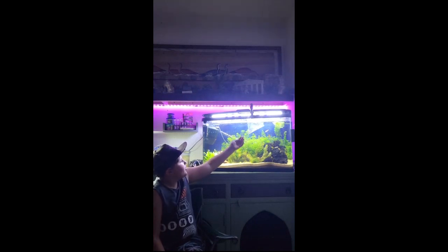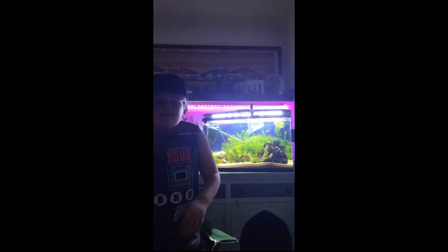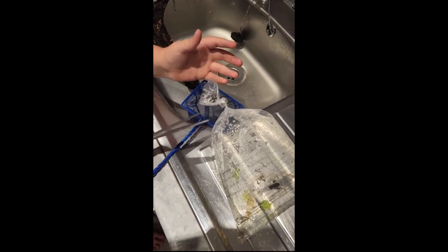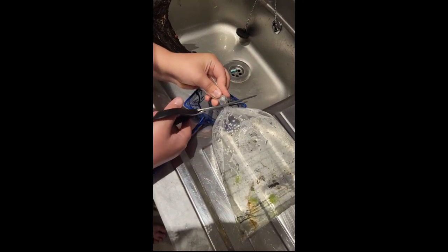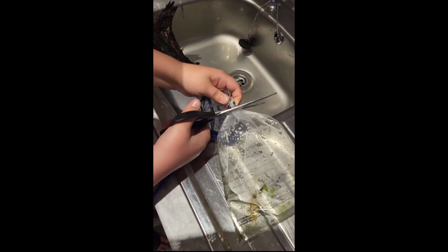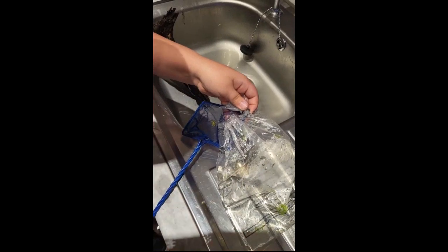So guys, I'm going to bring the camera closer so you can see a close up of me releasing it. I'm just going to release him into the net. The reason we do it like this is because we don't want to contaminate our water with other people's water, because it can cause many, many problems with fungal issues, like we had with our big tank. So yeah,